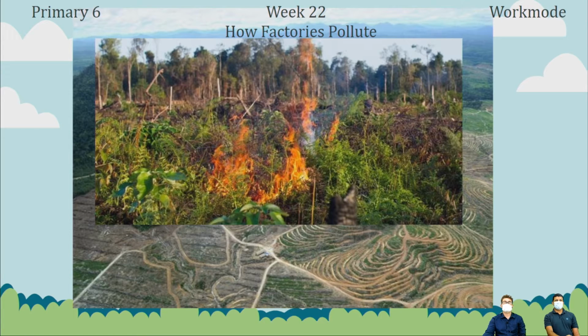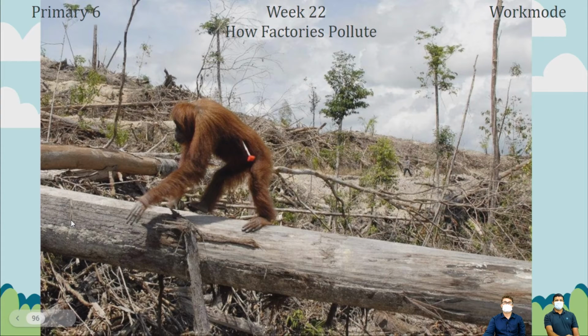A lot of times they cannot get rid of the trees and the small shrubs, so they burn all of that, and that also creates air pollution and raises the temperature. And a lot of animals don't want to leave their homes, so they attack, but then the humans have to actually get rid of them. So this actually is a tranquilizer shot where they put the animal to sleep or in anesthesia and they take them away from their own houses. So all of this is only so that the palm oil factory can be created in that forest.